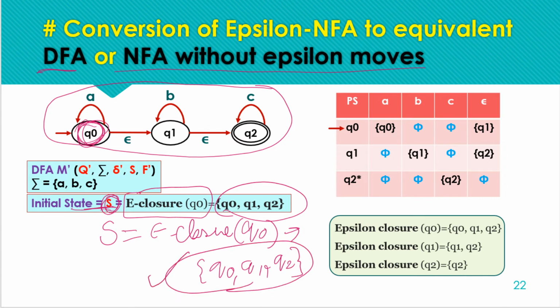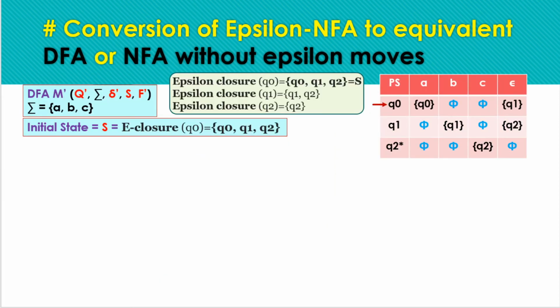So we have to start the process with this state only, as the initial state, and construct the transition table like we were constructing the table in NFA to DFA conversion. So here also we are going to construct the table. Starting with the procedure, the S state is finalized, that initial state is going to be this only. Here we have abbreviated the new state as S. You can also use the direct states without renaming them, but it's always a good practice to rename the states. So here we have renamed the initial state as S, but the state is this.